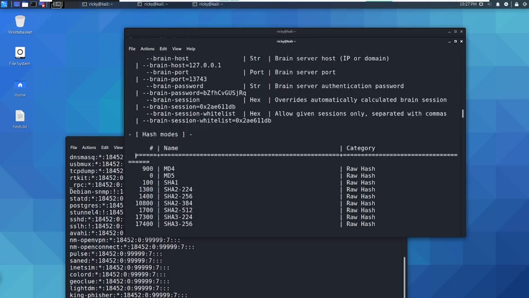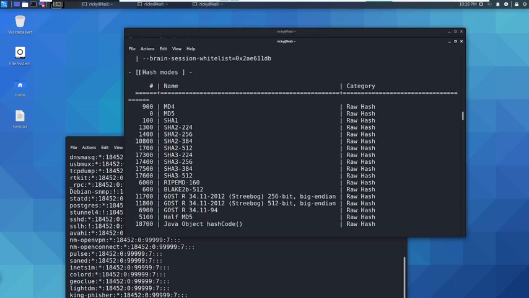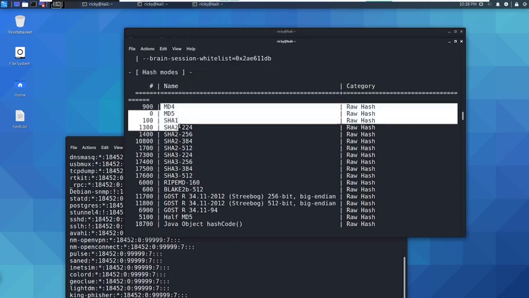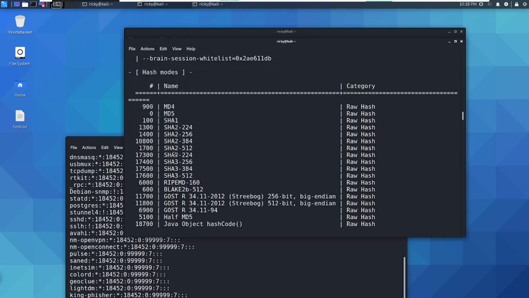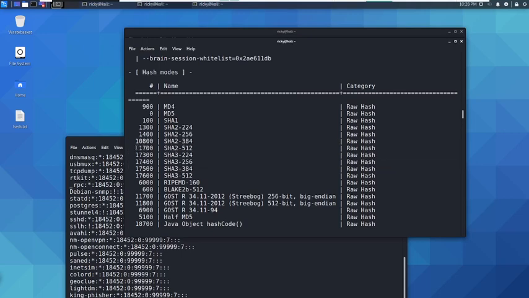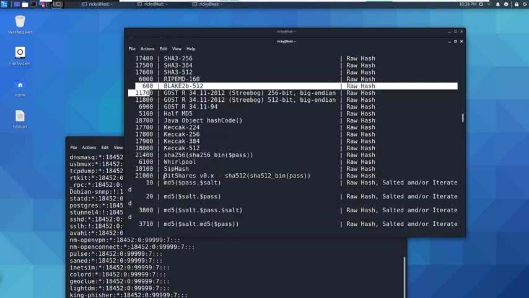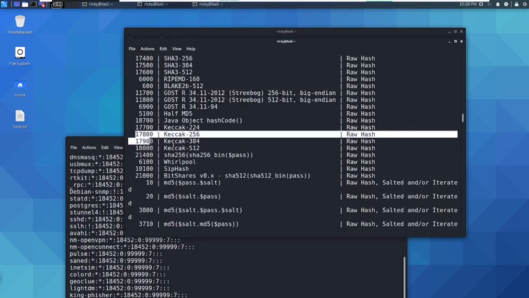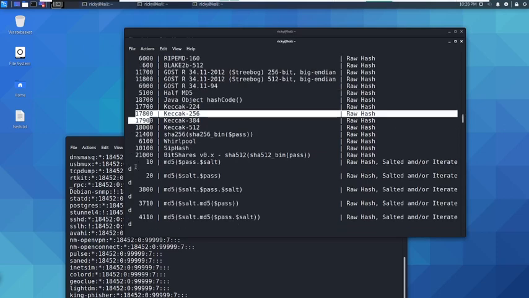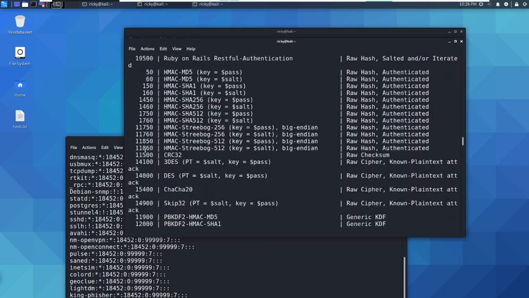Another main option is here: hash modes. You have everything: MD5, SHA1, SHA2-512, and this is the number you have to mention in your command, which hash mode we are actually cracking. There are lots of hashes: Keccak and Whirlpool, SipHash, BitShares, MD5 with salt, and so on.